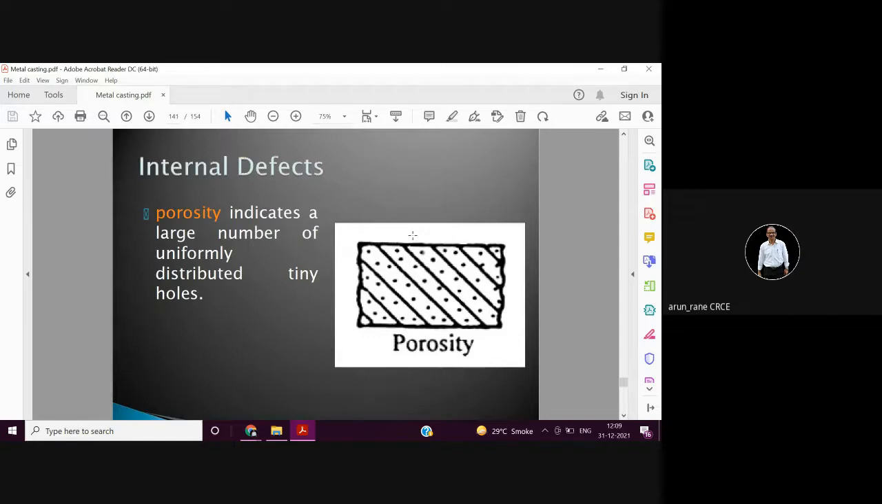Porosity, छोटा छोटा होल्स, लाइक मटके में जो रहते हैं, अपना पानी हम लोग ठंडा करने के लिए रहते हैं, मिट्टी का मटका, तो इट इज पोरस।